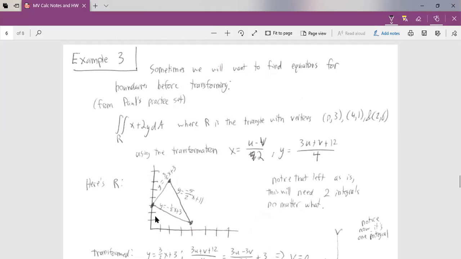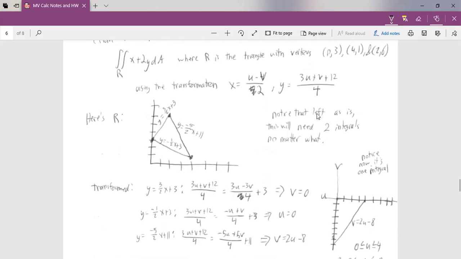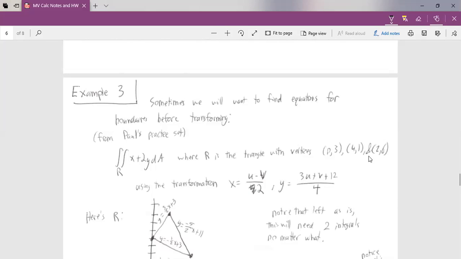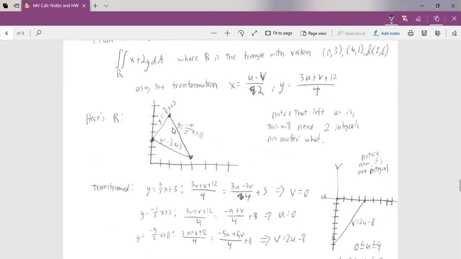Here's our original region. What you can see is I'm going to define all of my boundary lines as actual functions here, so that I can plug these transformations into these functions. The reason we might need to do this is that, sure, I could immediately integrate this. This is doable, but I need two integrals no matter what. You're going to see that there's no way for me to split these in any way that doesn't force two integrals. But our transformation is going to allow us to make one, because here what's going to happen is